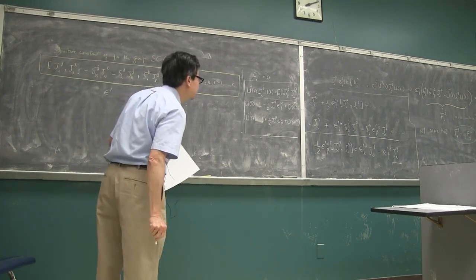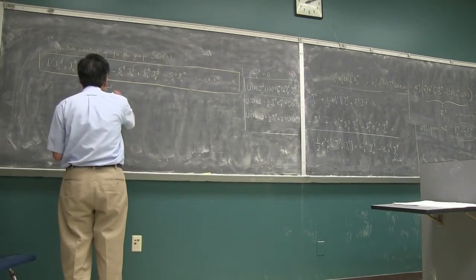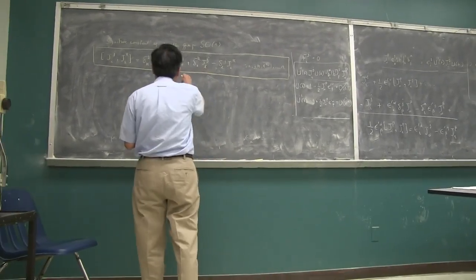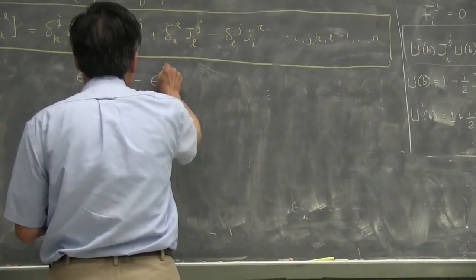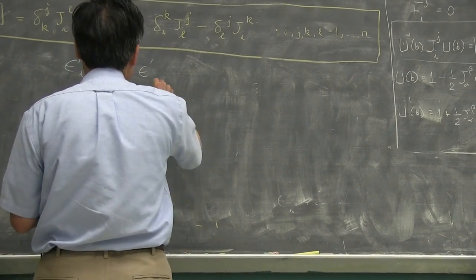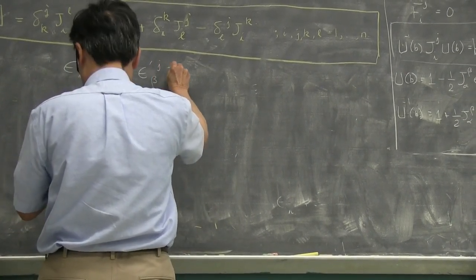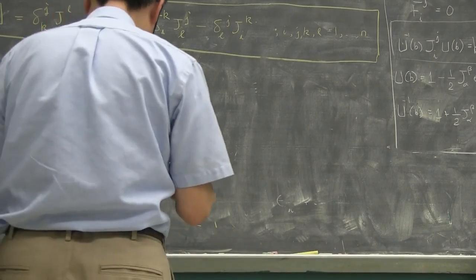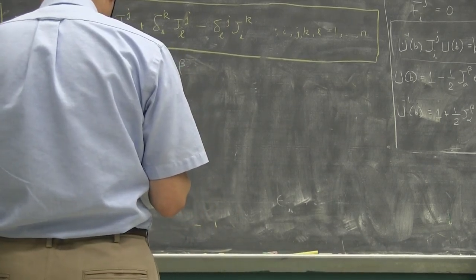epsilon prime I alpha, j alpha j, minus epsilon prime beta j, j, I beta. And